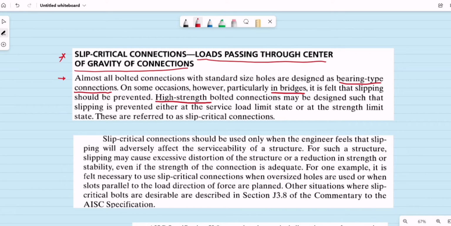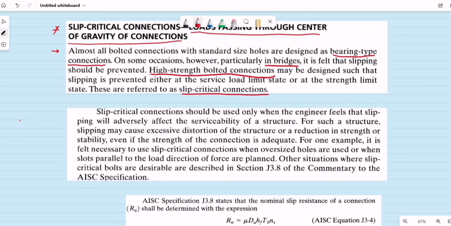High-strength bolted connections may be designed such that slipping is prevented either at the service load limit state or at the strength limit state. These are referred to as slip critical connections. Slip critical connections should be used only when the engineer feels that slipping will adversely affect the serviceability of a structure. For such a structure, slipping may cause excessive distortion or reduction in strength or in